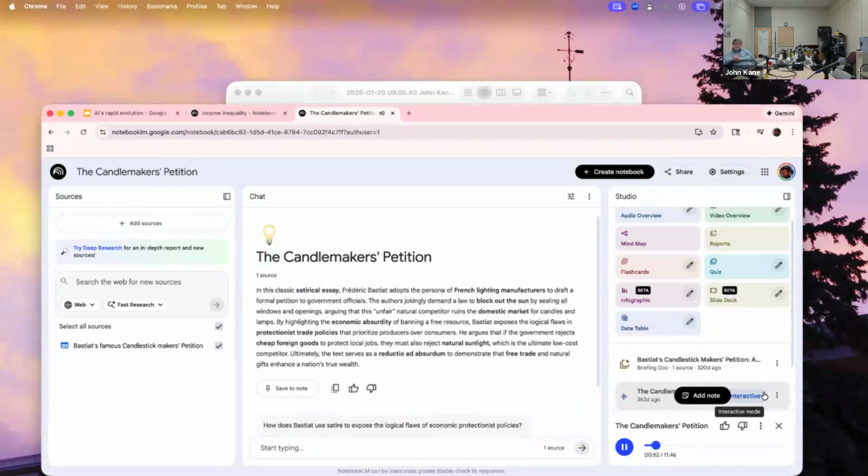Okay, so picture this. You're a candle maker in 1845 France. Life is good. Business is booming. Everyone needs candles, until this new competitor shows up. Uh-oh. They're flooding the market with their product, driving prices down. And the worst part is they're giving it away for free. Oh, my goodness. Who's this competitor? This competitor, of course, is the sun. Oh, okay, the sun. Bastiat sets up this outrageous premise to show how protectionist policies, while they might seem beneficial to certain industries, they actually harm the economy as a